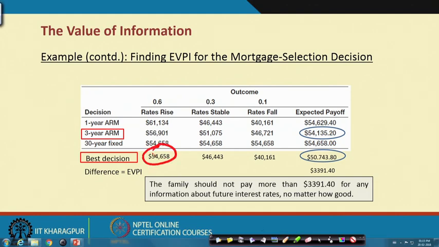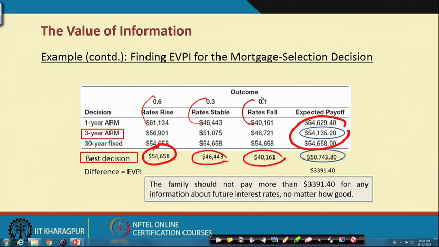This is the minimum of the first column, this is the minimum of the second column, and this is the minimum of the third column, and then we have the expected payoff. This is this multiplied by this probability, this multiplied by this probability, and again this multiplied by this probability. So this is the expected payoff for the 1-year ARM, this is the expected payoff for the 3-year ARM, and this is the expected payoff for the 30-year fixed. Then the best decision will be the minimum of each column against rate increase, rates stable, and rates fall,